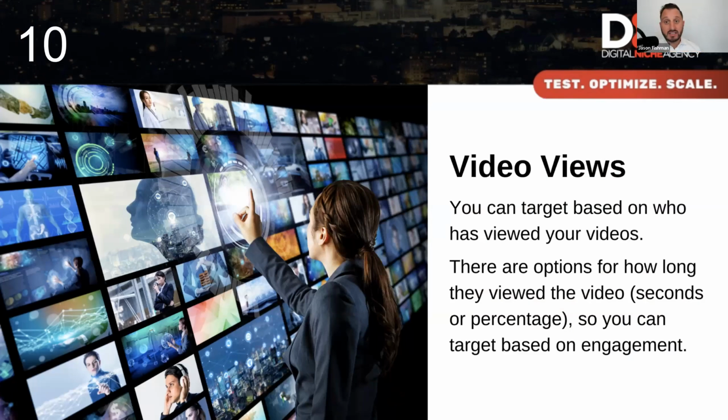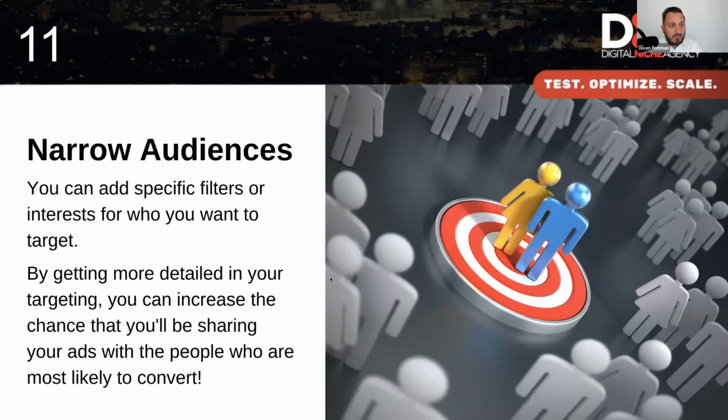Even creating custom audiences with video views. I mean, first of all, you could target based on those who have viewed your videos and to different quartiles, how long they viewed. So you may be able to build a retargeting pool for a cheaper price with video views, in the sense that maybe it's a penny, few cents, much lower cost for a video view than it is a click. So if you're building a retargeting pool from video views, you can often get a lot further and set that up as a custom audience in its own.